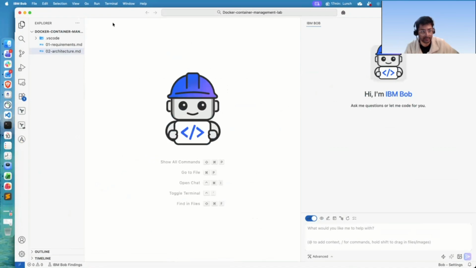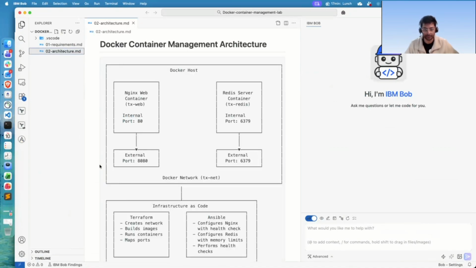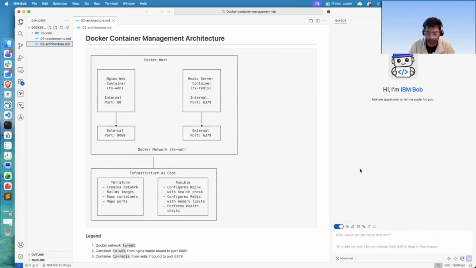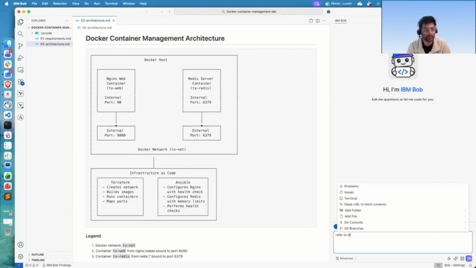So a really short example that I have is, let's cancel this. Let's say I have this infrastructure as a service diagram, and I really want to build this particular system or infrastructure. I want to use Ansible and Terraform to build this and deploy my application. This is the architecture diagram that I have. So I can again use Bob to refer to this particular diagram and build me an IaC